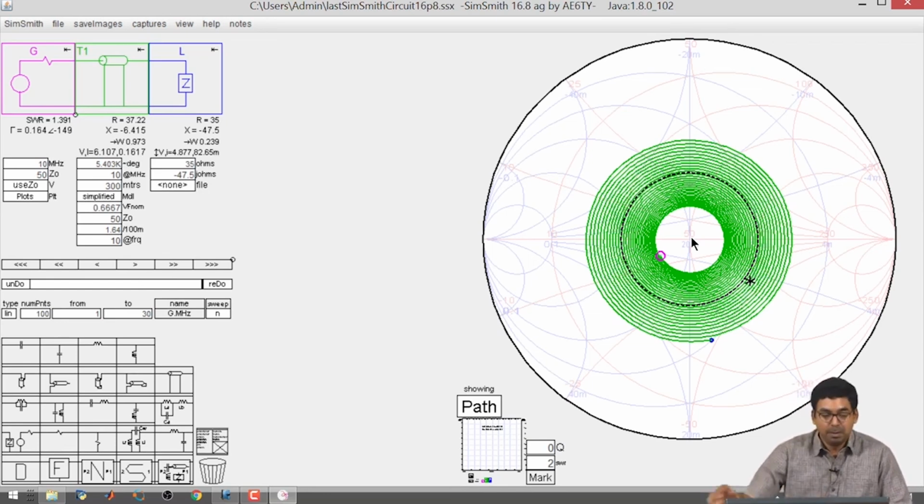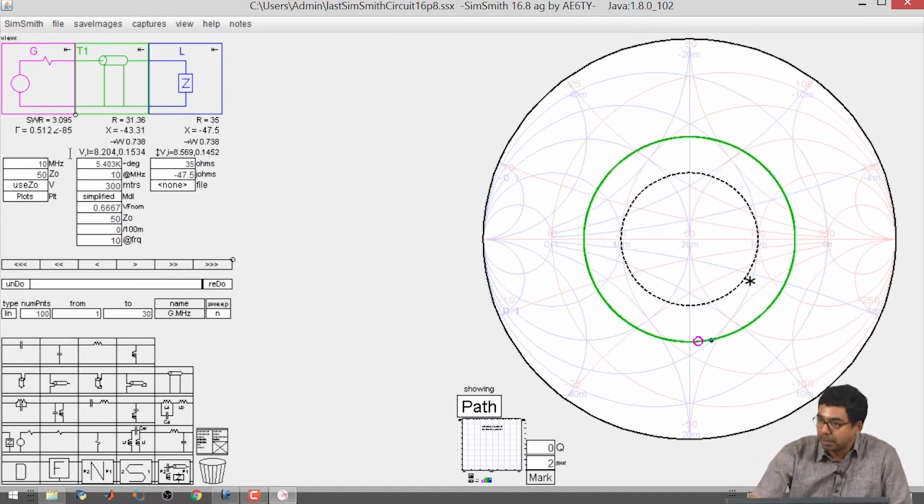Alright, so what we start with is a lossless transmission line. So I'll just make this 0. Now it looks like we can do something. Okay, so a lossless transmission line is going over the same circle multiple times. Okay, now a short,